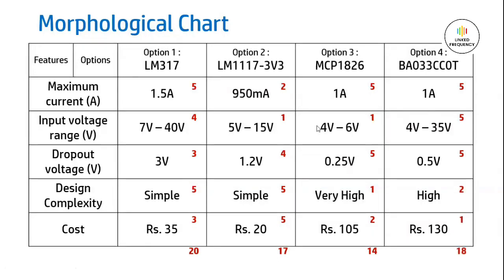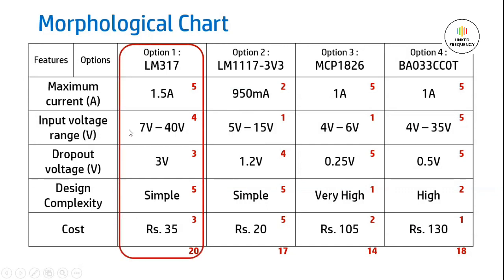Then we will be ending up with the one option that is all about the first one, LM317. Now I think you might be a little confused. In our previous tutorial, we selected LM1117 3.3 volt because of its independent requirement, wherein in this case, we are selecting a LM317. Why? Because the input voltage is 7 volt to 40 volt, which is essential for us right now. Though we have a high dropout voltage, we need to have a very good margin of input voltage,